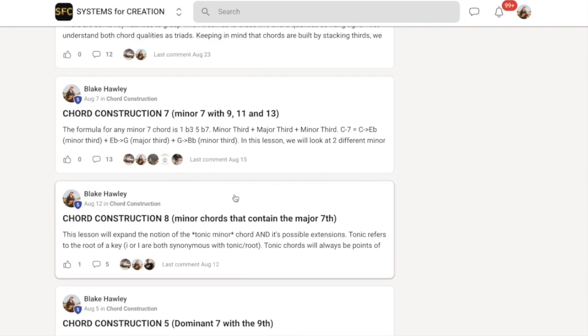I'm going to make more videos on this because chord construction is a concept that I don't think enough people are aware of. I don't think they understand this thought paradigm. Everyone's thinking about scales, chord scales, which scale goes with which chord. It literally just boils down to chord construction. Throw all that stuff out. It's just about knowing what notes are in every chord. That's it. You look at a chord and you know every single note in that chord.